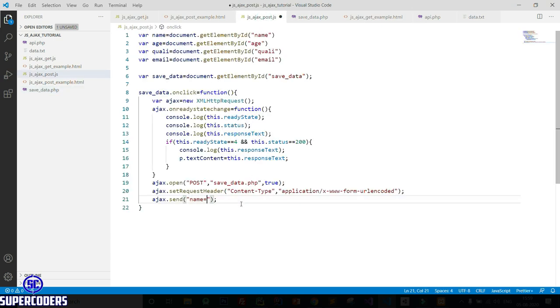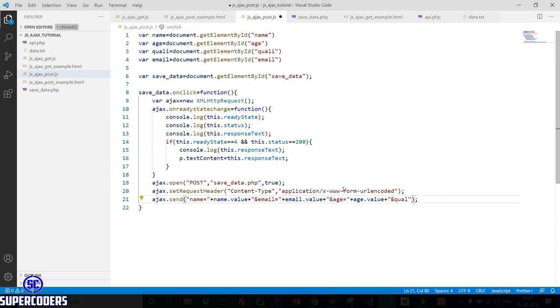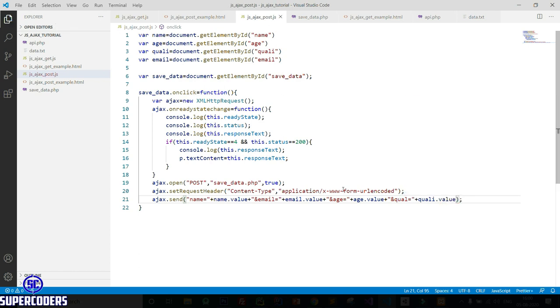So name equal to plus name dot value, then plus double quotes and email equal to plus email dot value plus double quotes and age equal to plus age dot value plus and last thing is qualification equal to plus quali dot value.